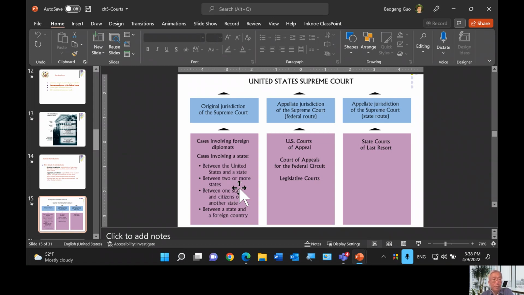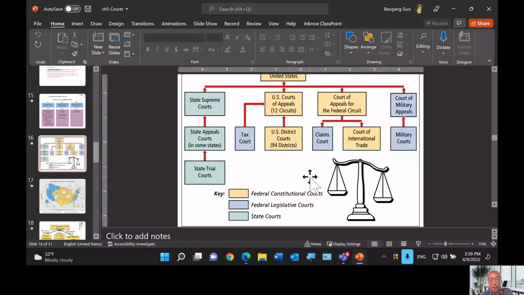You can see this in a little more detail than the one we used previously. All the boxes in yellow are the federal constitutional courts, Article 3 courts. All the boxes in blue are the legislative courts or special courts, and all the boxes marked in green are the state courts.